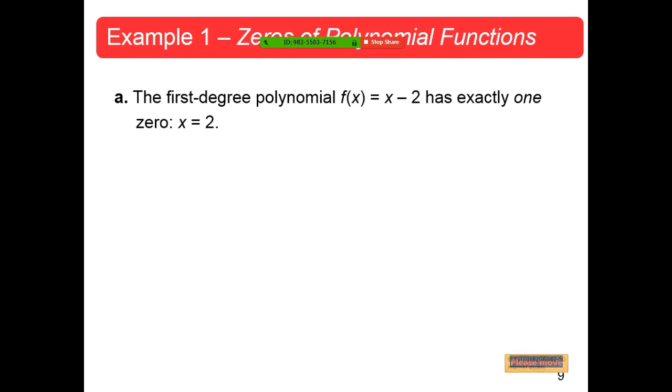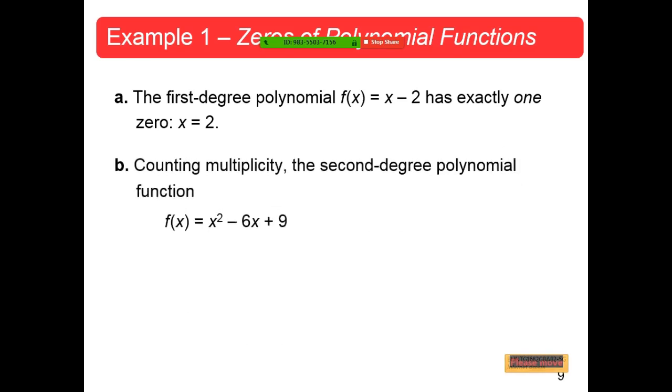All right, but that's not what we're talking about here. This has exactly one zero. So they did the whole problem for you. I don't know why they made this an example. They did all the work, okay? Now,